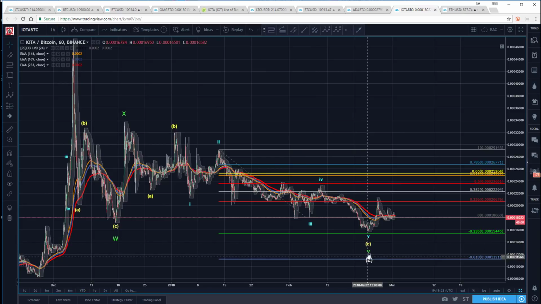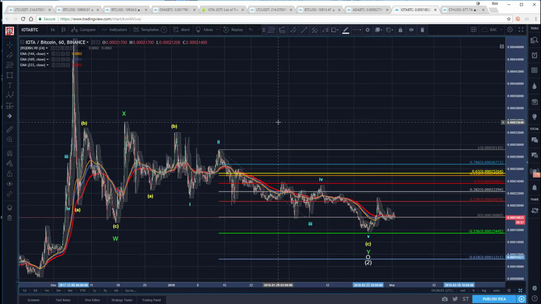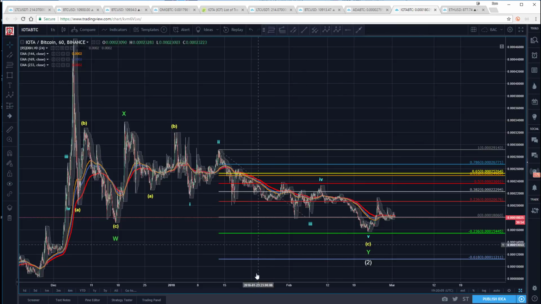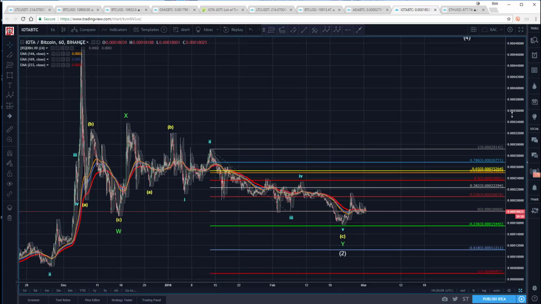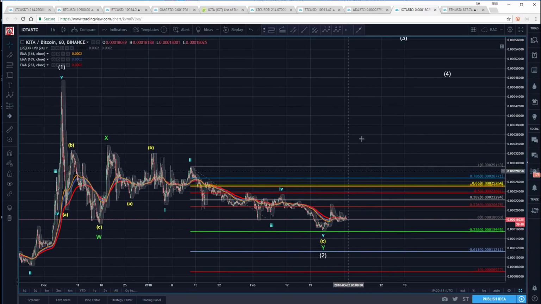So we're stacking up potentially a confluence zone here. We complete the 5th of the C. Completing the C completes the Y of the WXY and offers potentially a second wave low. Well, if that's a 2 wave and this is going to start to move higher, we've got a lot of blue sky up above. We've got a lot of distance we could travel even just to get up to this prior 1 wave. So we're not likely to go straight.